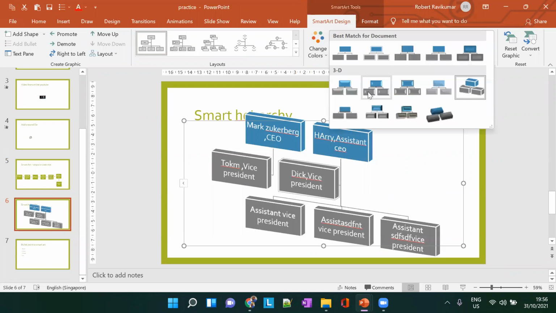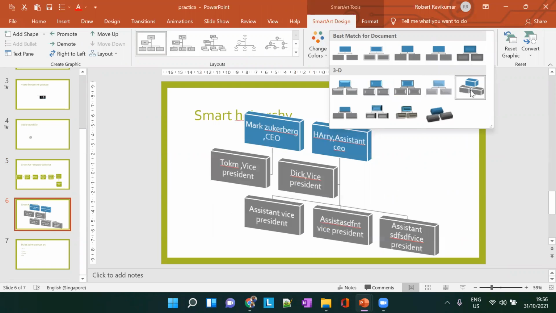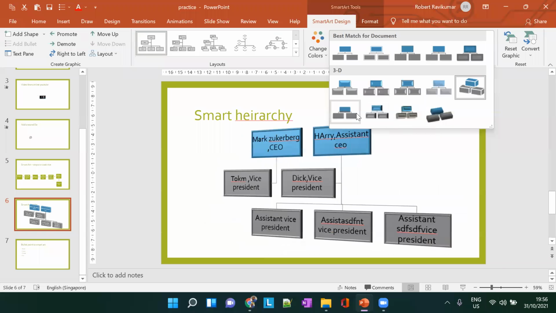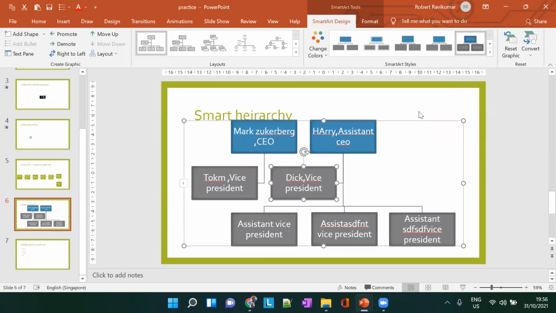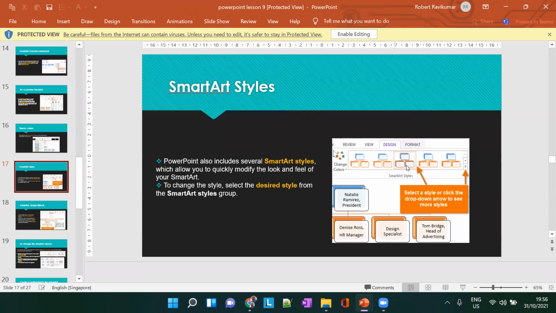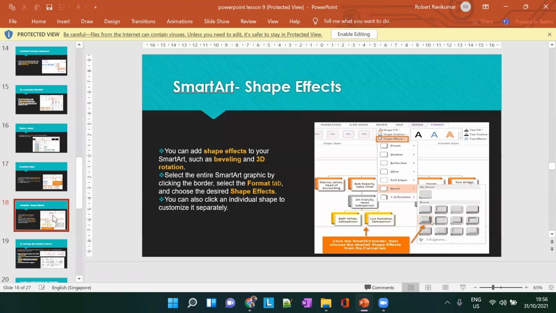Yeah, this already we saw, right? You can choose any SmartArt styles here. So there are different 3D, different effects for this SmartArt. And you can choose any one of these things. Okay, 3D SmartArts and best match for document. Okay, yeah, I can choose any one of these things. Okay, so yeah, that's it about SmartArt styles.